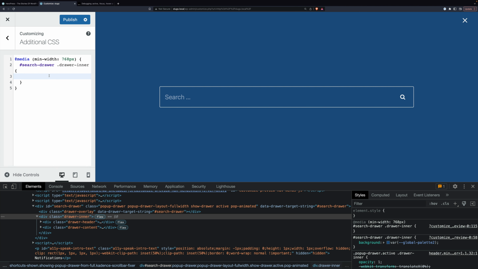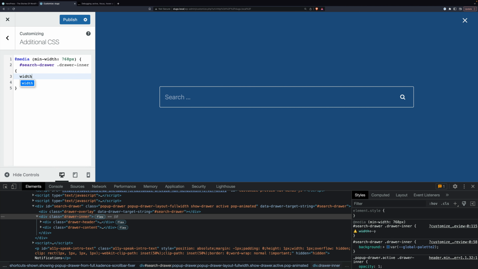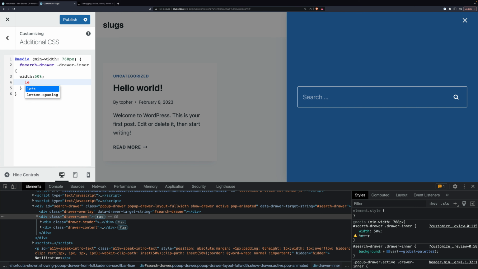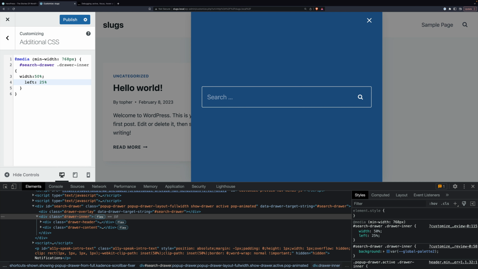So we want to make this modal not full width. So we're going to give it a width of 50%. And there we are. Now it's on the right. Now maybe you like the way that looks, and maybe you're done. But I'm not done. I like mine centered.